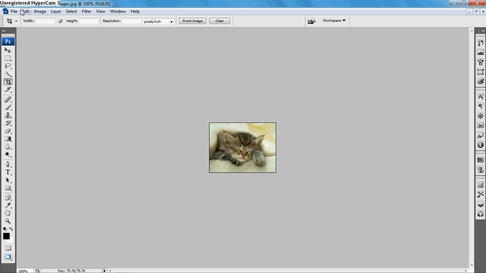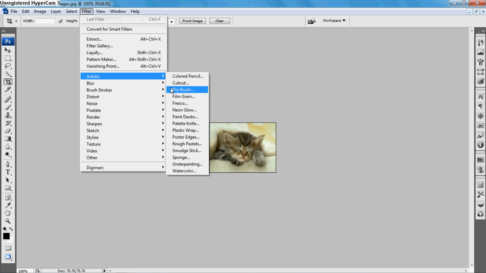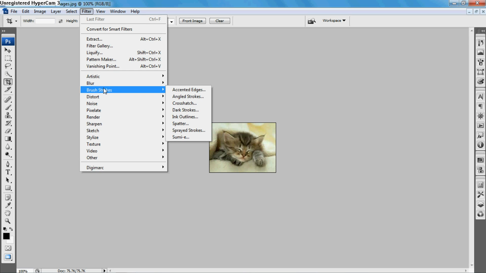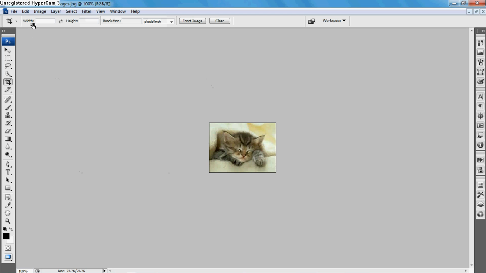This is the menu bar. So you can see, this section contains the collection of commands for creating and editing images. Let's proceed to the options bar. This is the options bar. It is the context-sensitive menu located right below the menu bar. Its context changes to the particular options available for the selected tool.